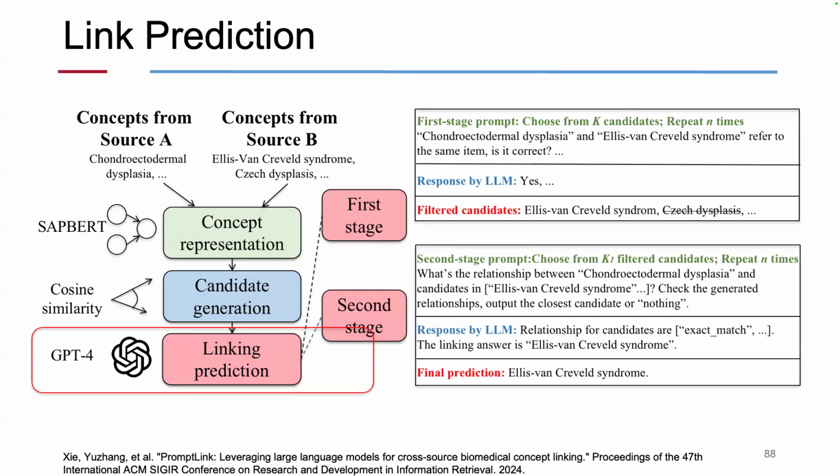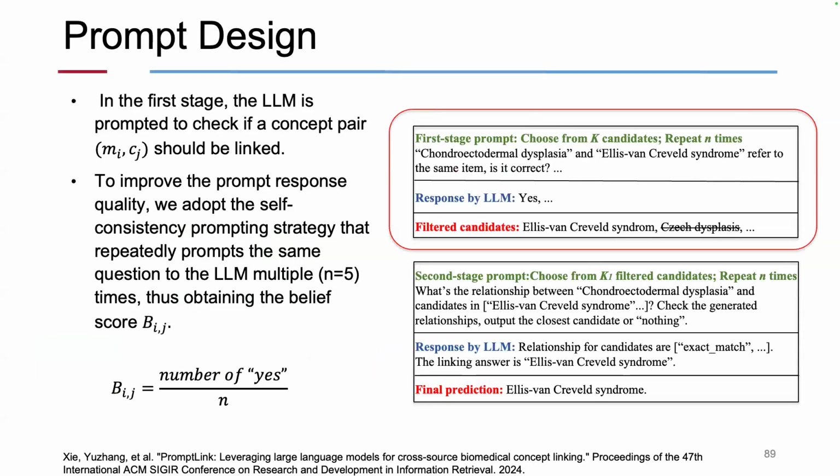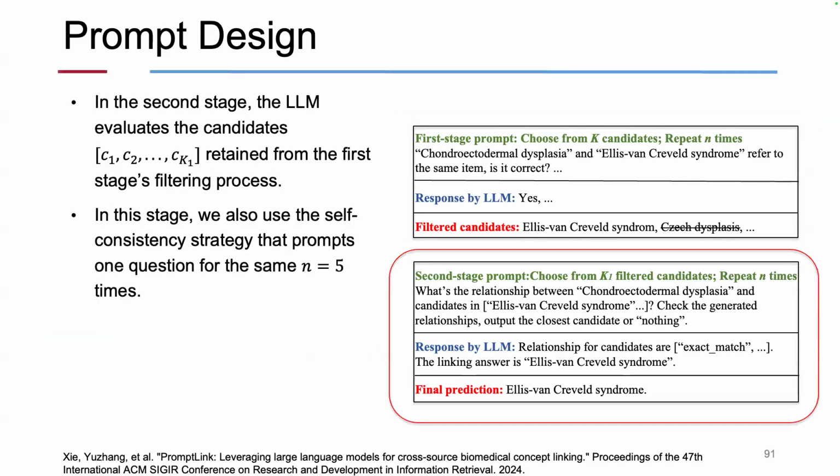The first stage is we ask language models multiple times a simpler question, whether these two things are the same. We ask the language model multiple times to get a more consistent answer. And we compute a ratio, how many times it says yes, and then add a threshold to get the more confident ones. The next stage is a little bit more